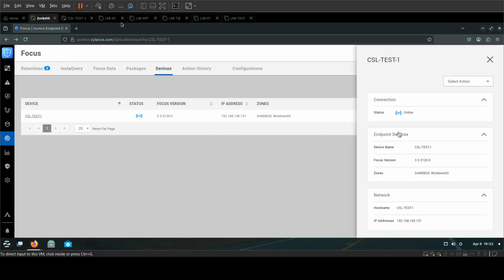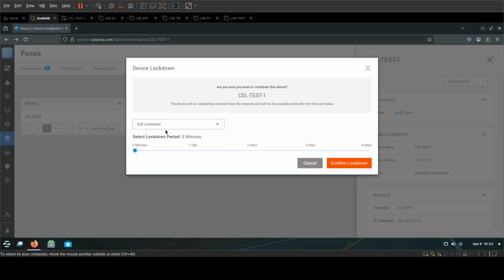And I'll go back again and do a lockdown. You'll notice when I do a full lockdown, I have a time period. By default, the minimum is 5 minutes, and you can set it all the way up to 4 days. If you really had a situation where maybe you had a remote worker and they got an infection, you do a 4-day lockdown. And then let's say they're going to box up the laptop and ship it back to your central IT for reimaging. That might be a good option to prevent it from being accidentally plugged in, enabled with the network,